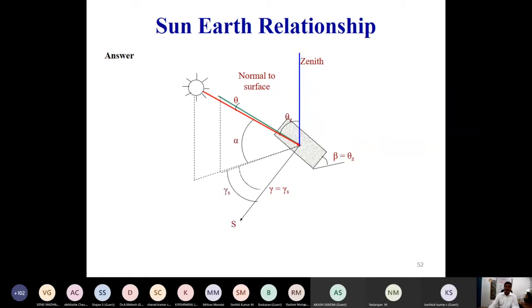Now you can see the closeness between the sunbeam and the normal to the surface. So this position is called the perfect tracking position. For a point focus concentrating collector, we have to maintain this condition continuously, from sunrise to sunset. Keeping in mind these variations, we have to design the mechanism for the point focus concentrating collectors.